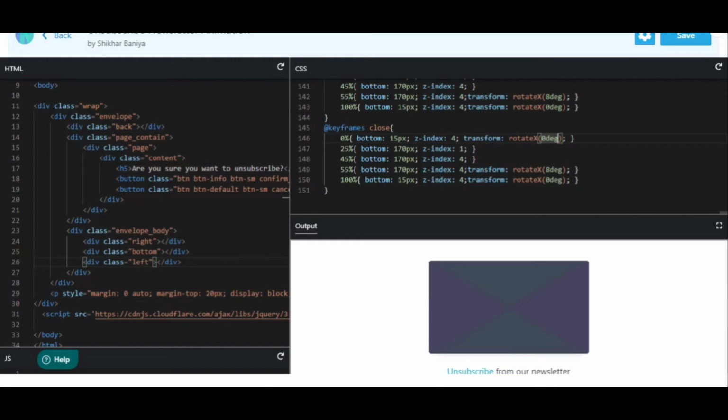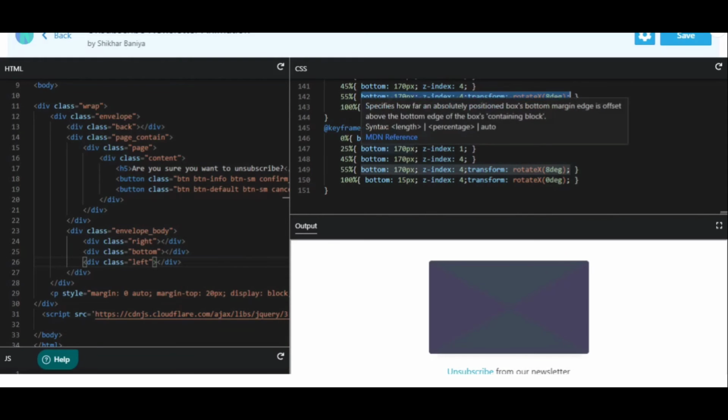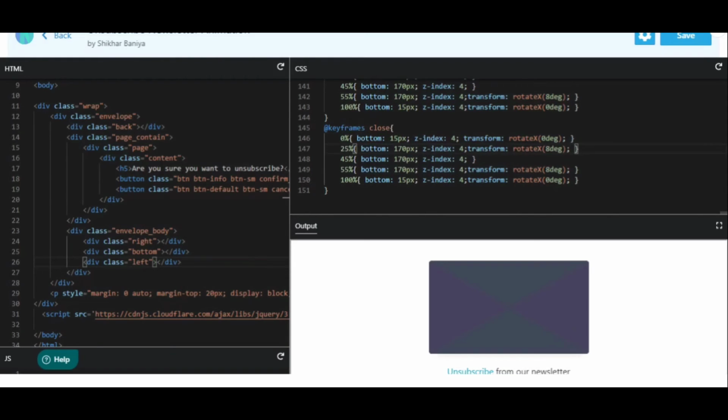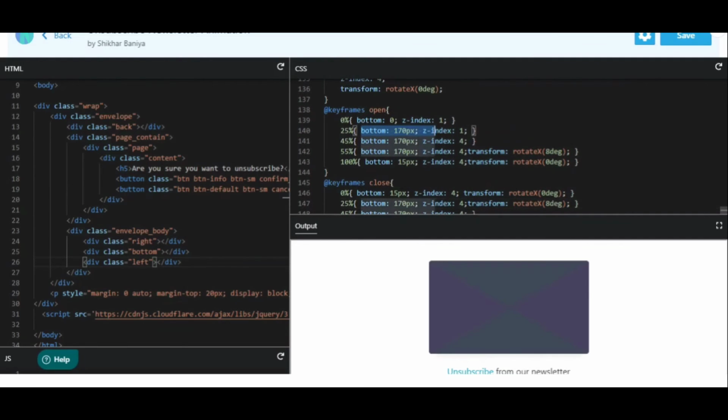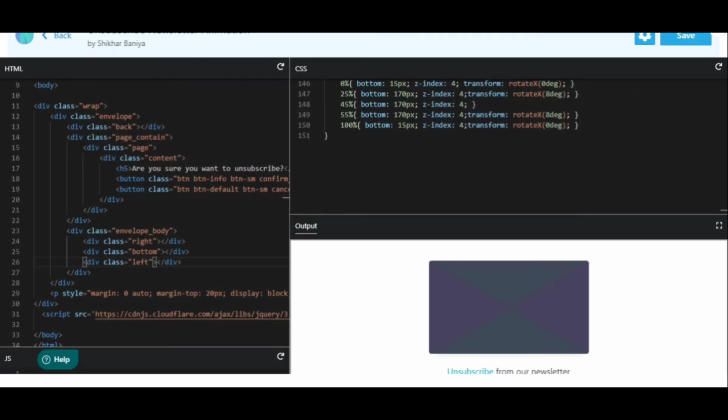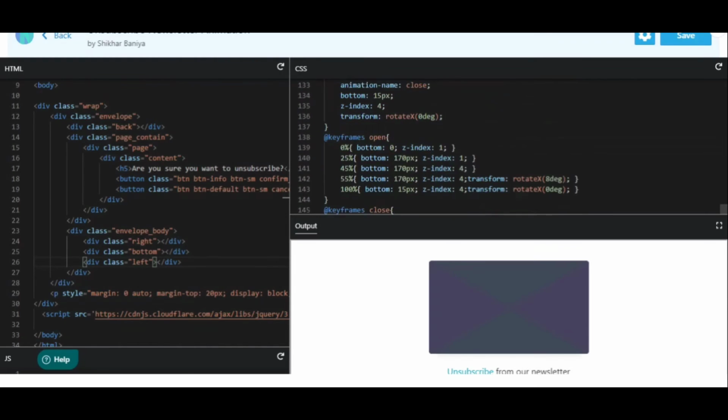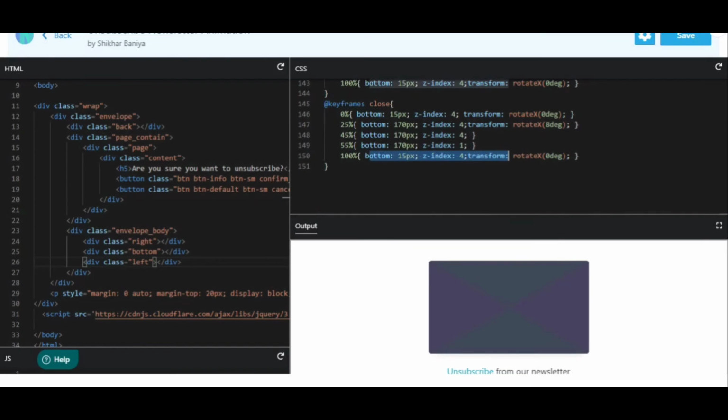Okay, so let's copy this, paste it at 25%. 45% will be common. Then 25% will be equivalent to 55%, and 0% for open will be equivalent to 100% for close. Okay,